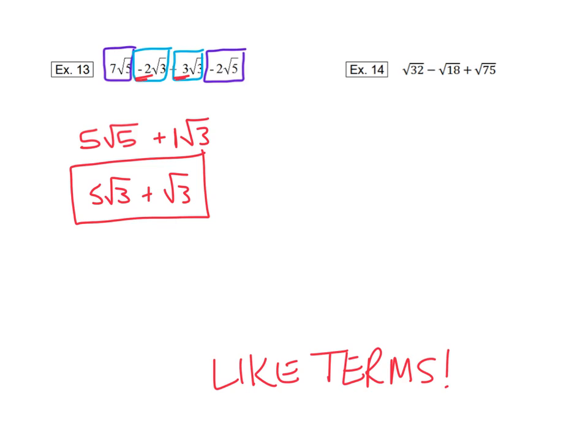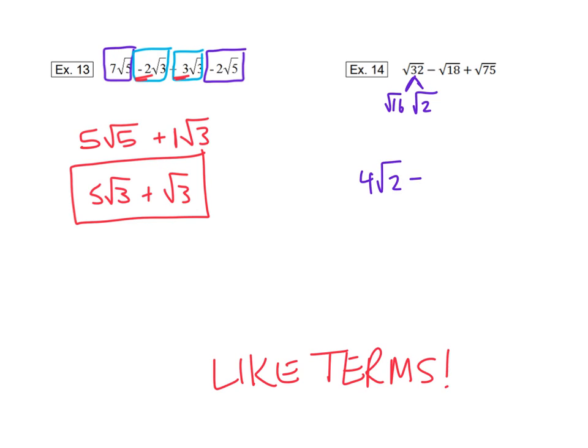All right, so example 14, I can see we're adding and subtracting radicals, and it's tempting to just go ahead and take 32 minus 18 plus 75. These are not like terms in the current state that they are in. We want to reduce these radicals so the problem looks more like the one over here, and then we can see if we have any of those that can go together. So again, reducing your radical, we're looking for the biggest perfect square that fits into 32, and that's going to be 16 times 2, so this becomes a 4 square root of 2,